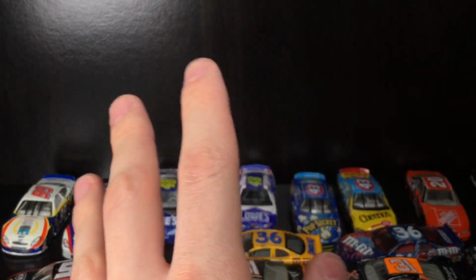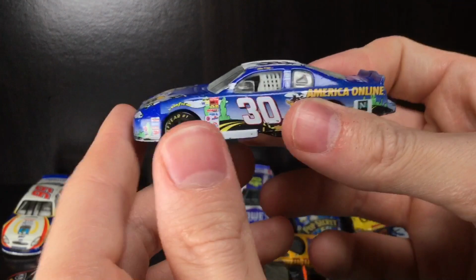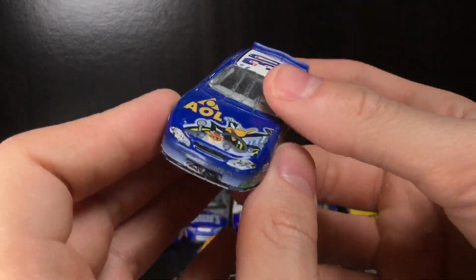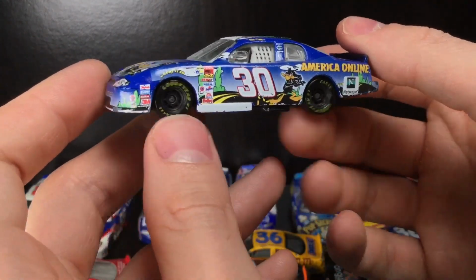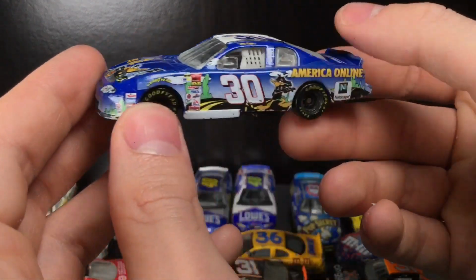You know, the Busch Series back in the day was pretty interesting, though. It was definitely different than it is nowadays. Here's a Jeff Green. Speaking of Busch Series, he won the 2000 Busch Championship. He was a very top prospect, and unfortunately never panned out. But the AOL